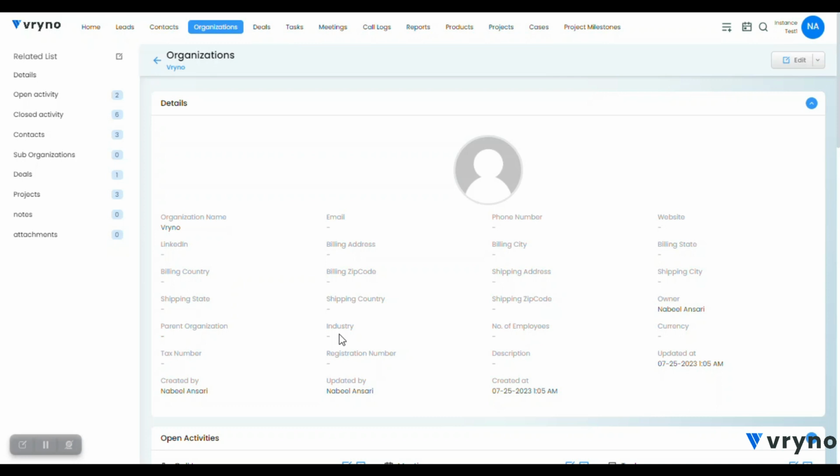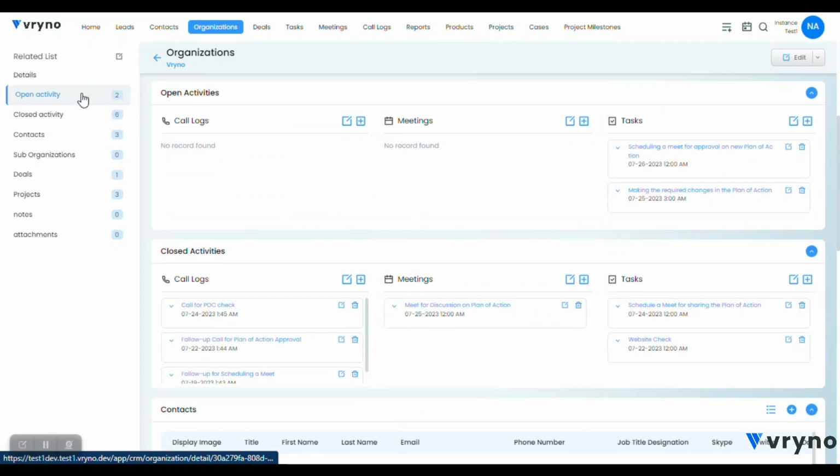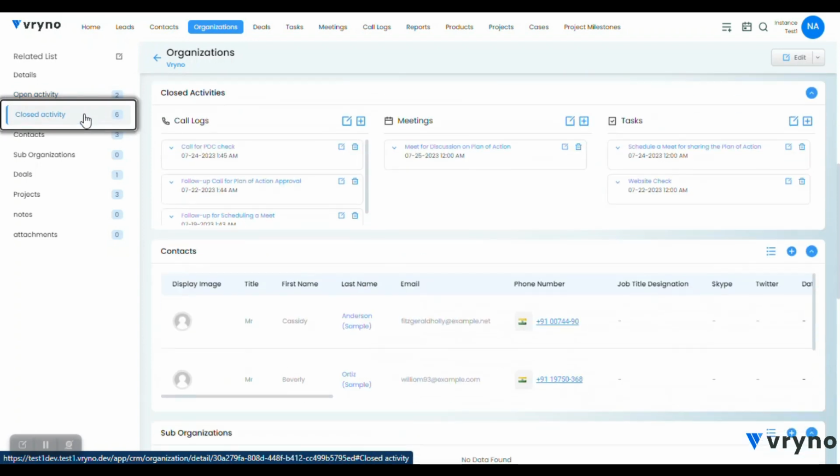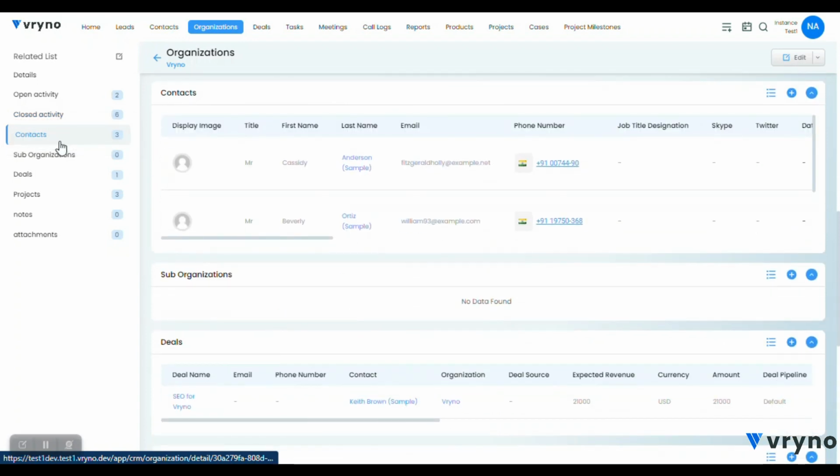This is where the essence of the CRM lies, and with this organization section, you will now notice how the intricate details are going to help you. All the activities that you've done with regards to a particular project are getting reflected over here, as well as open and close activities. So you know this much interaction has already taken place. Now these activities can be sales, project, case, anything. So you will be able to track them down as well with task type or call type or meeting type. So you would know how many are sales-oriented calls, how many are meetings, are basically support-oriented calls, and how many